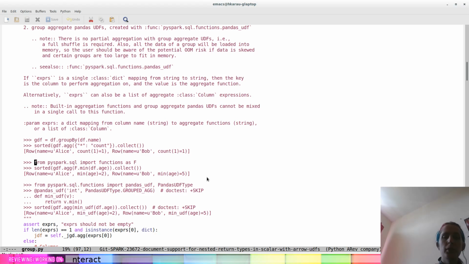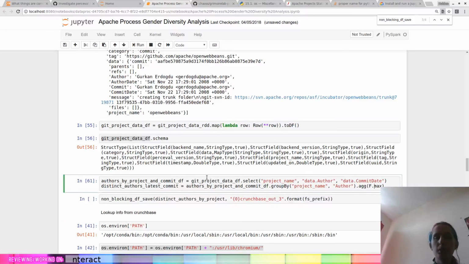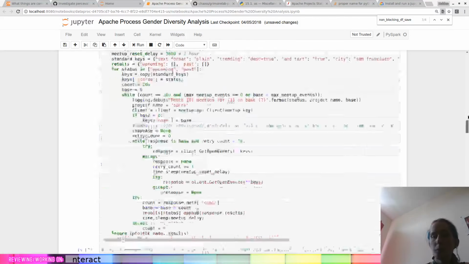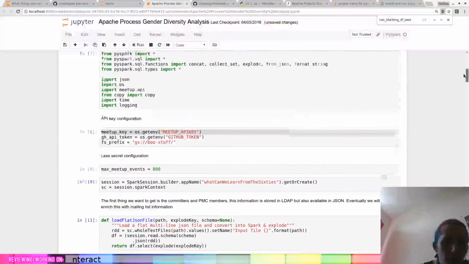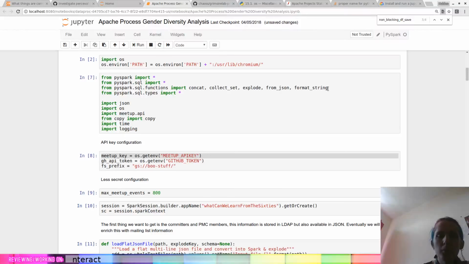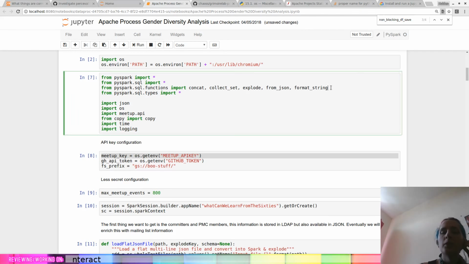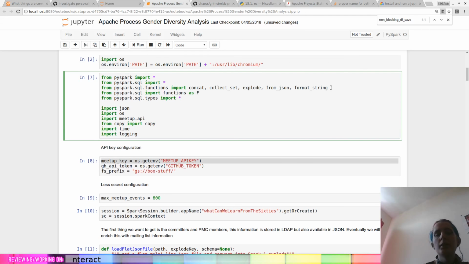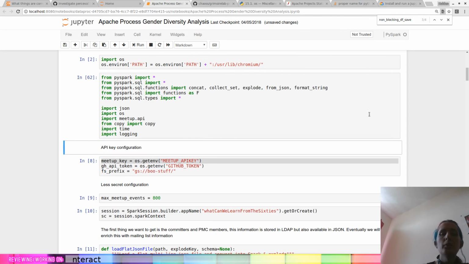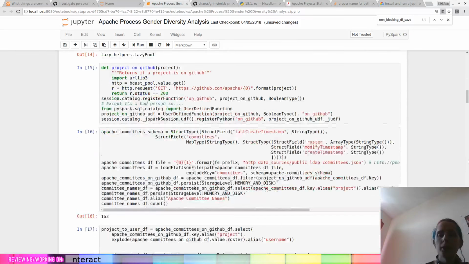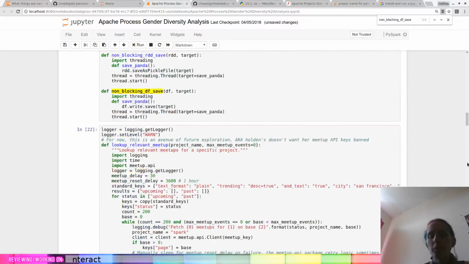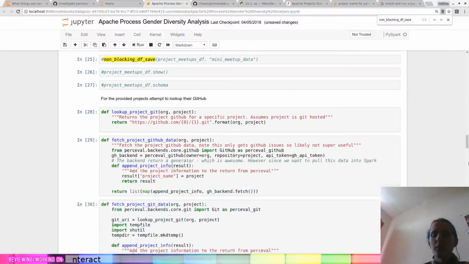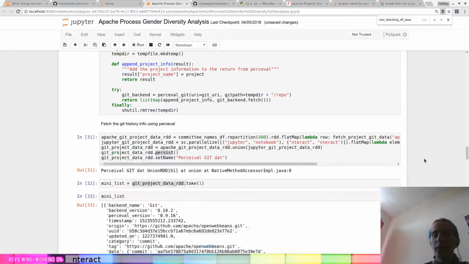So let's add this to our import statement up above. We could import it, but then I might want to use the internal Python max. So we'll just import it as f, and we can use f.max, and we'll rewrite that later.